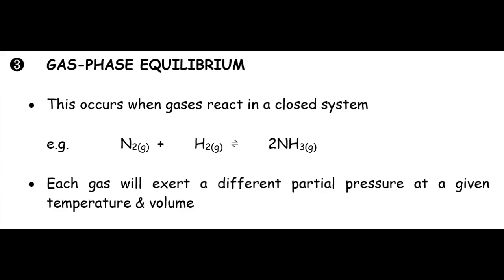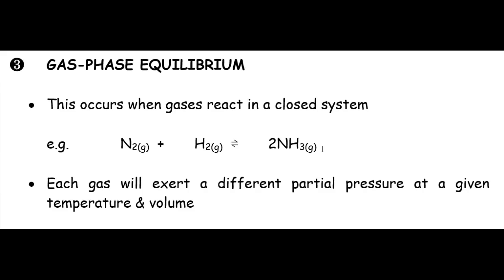Okay, so the next one is gas phase equilibrium. The example I'm using, you can see, is nitrogen gas reacting with hydrogen gas to make ammonia gas. What makes this a gas phase equilibrium is that all reactants and products are in the same phase. They're all in the gas phase. As it turns out, and we'll look at a demonstration of this tomorrow,